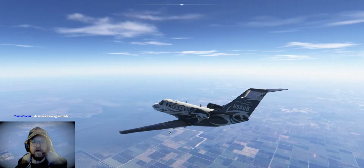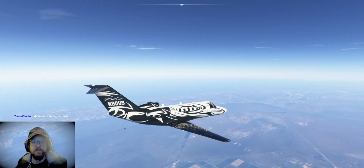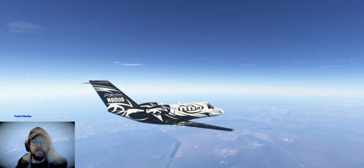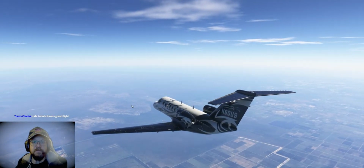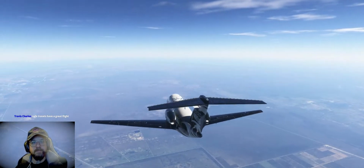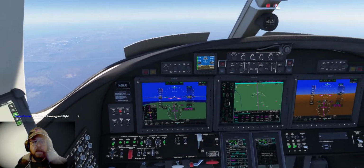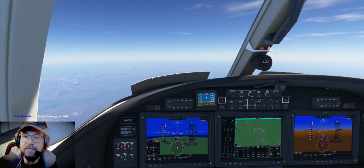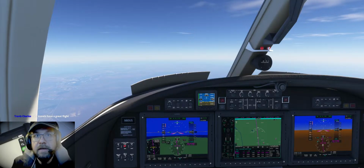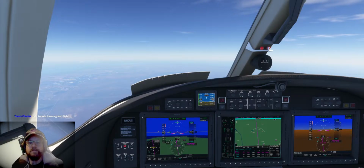Little flicker here. That's the no step sign. That flicker here is a shadow anomaly that I've been getting since using FrameGen. So, I'll give my final opinion when I land this thing. I got G's up. We'll see how it does. I heard it's slippery. Hard to slow down. But then it likes to get too slow, so